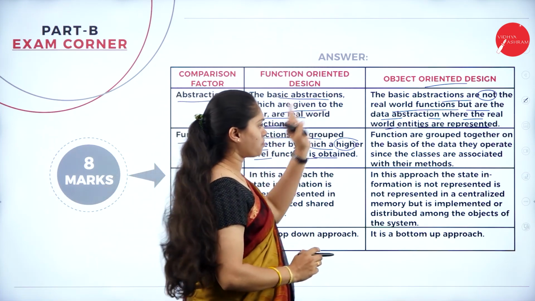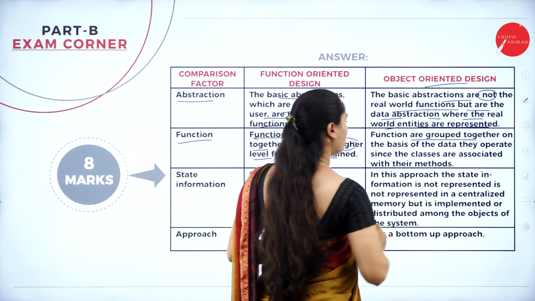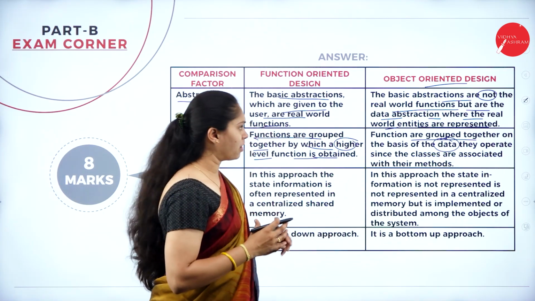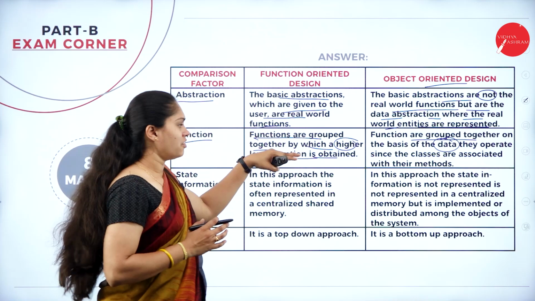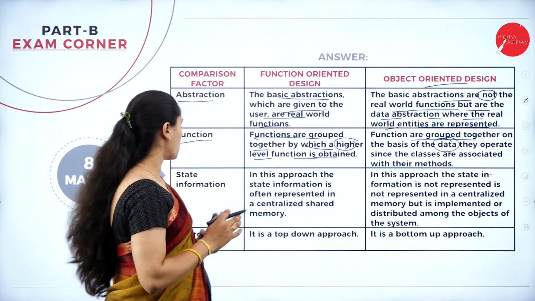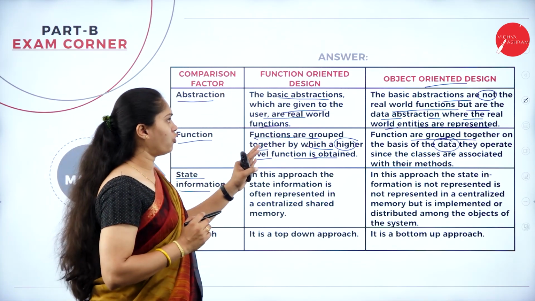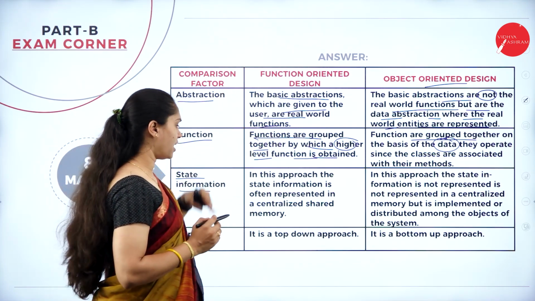When it comes to object oriented design, functions are grouped together on the basis of data. So here there is more emphasis on the data, whereas there is more emphasis on the function. Next we have state information. When it comes to FOD, that is functional oriented design,